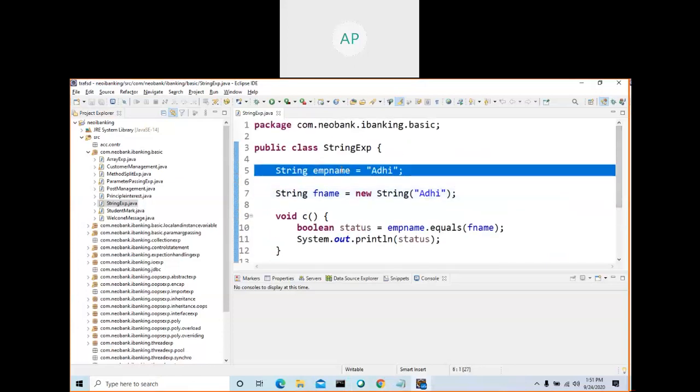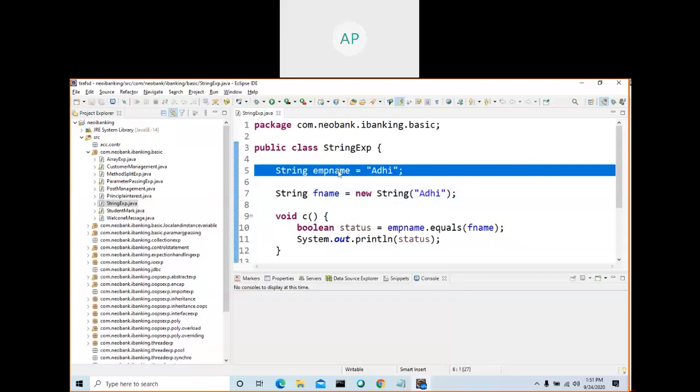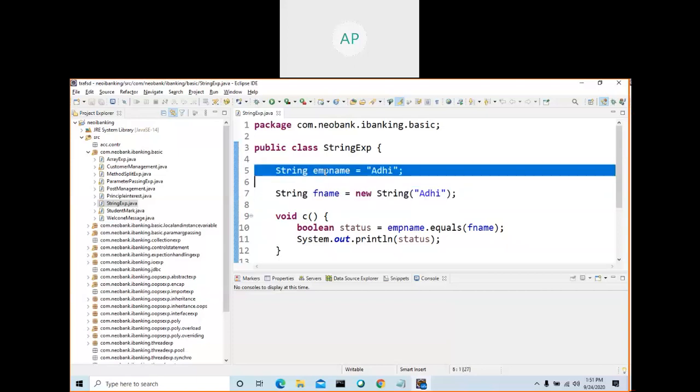Here I created one string. You can create a string either by using a literal. So come here after you read all the theory. You can create a string either in this way or in this way. This way is the preferred way. So this is the highlighted portion. This is the preferred way. This is not the preferred way. Anyway, you can use this way.